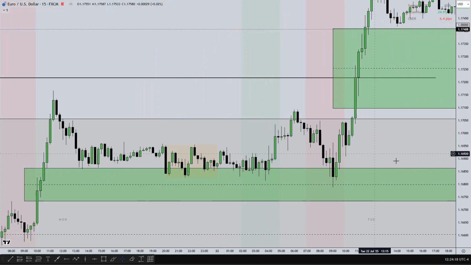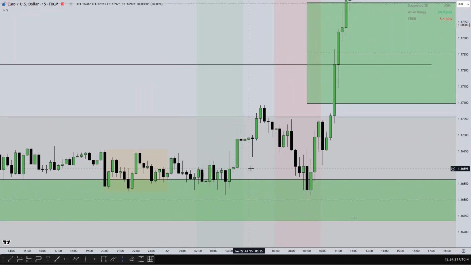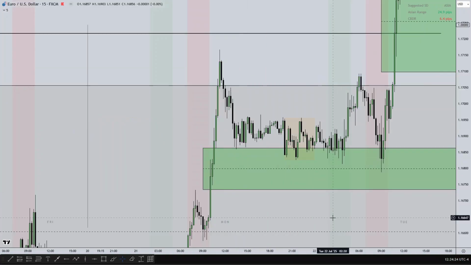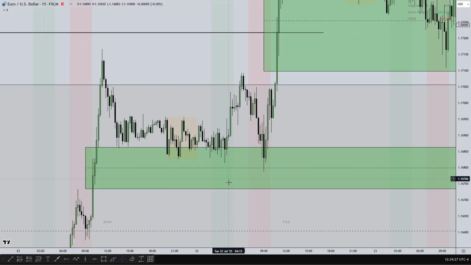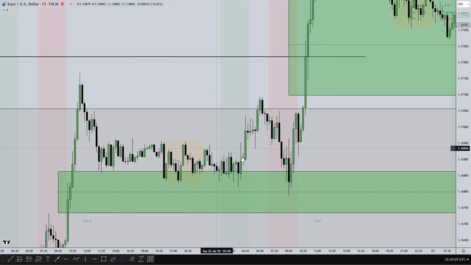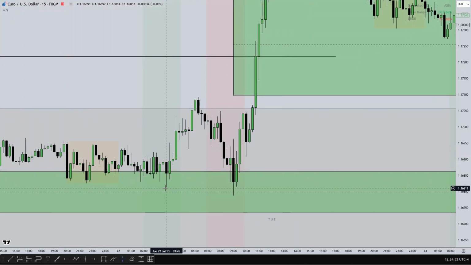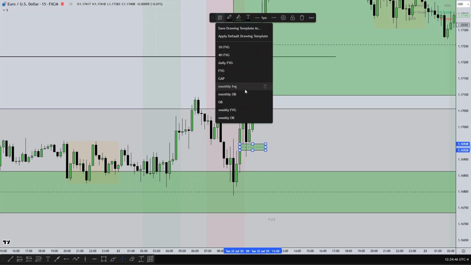So turning on the session indicator, you can see this was on Tuesday when price was still at the 4-hour fair value gap. You can see a run on sell side liquidity, shift in structure, fair value gap. This was my entry, and this trade was posted in the Telegram group. You can check the trade. I posted a screenshot of the trade setup and the execution. So you can check it at the Telegram group.